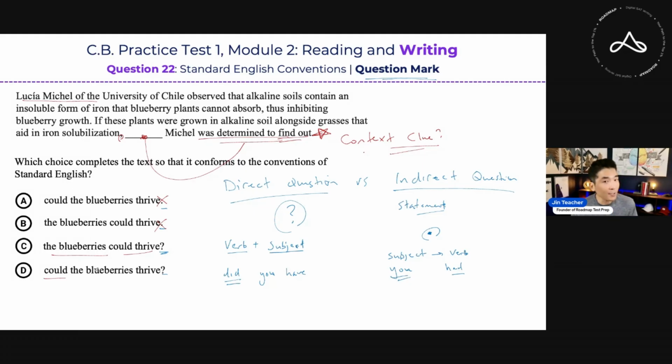So which one would be correct? Right? Part of it is you can kind of tell. You can hear it when you read it, right? You know that D would be correct, but if we look at it grammatically, notice how we have the verb could that comes before the subject, right? Blueberries. Notice how the incorrect answer